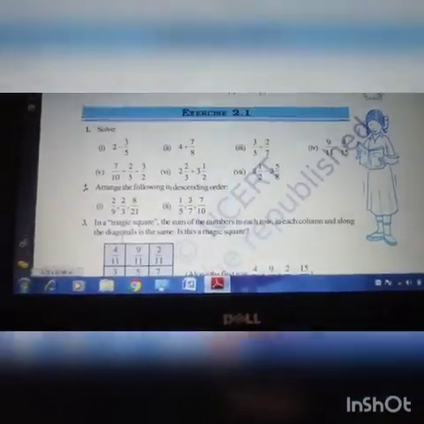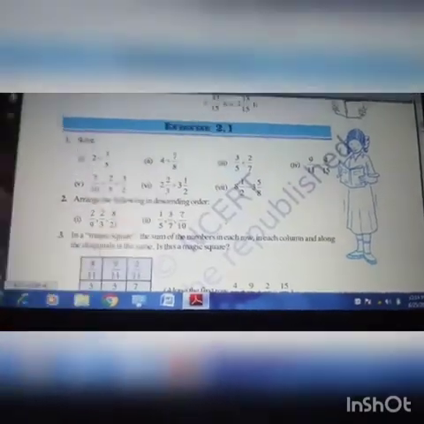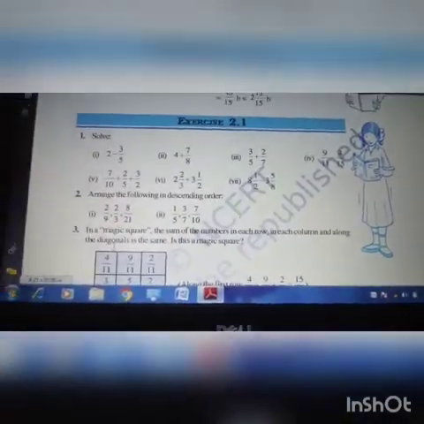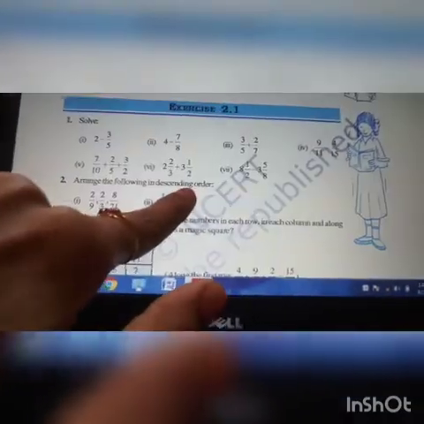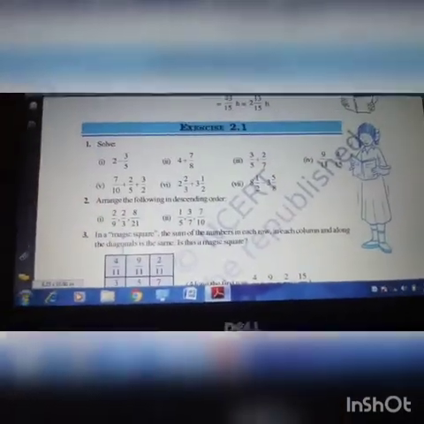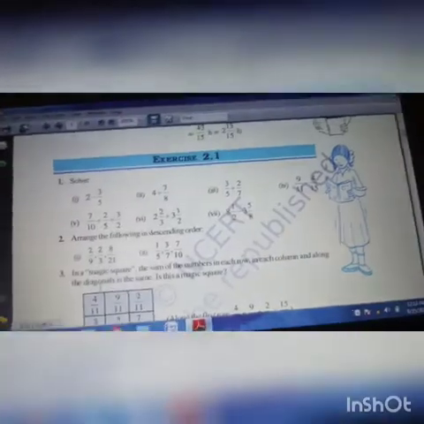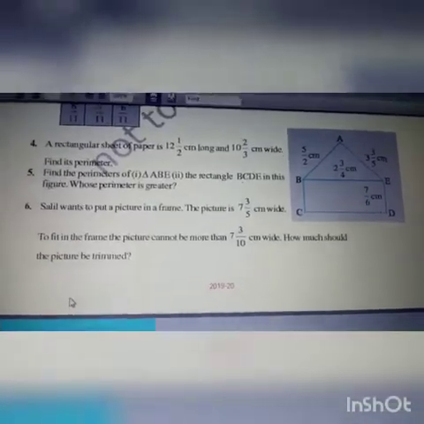Ascending order, descending order and all, what you will do? Here all the denominators are different. So you will make all the denominators same and you can arrange them like descending order they have asked, right? So you will arrange the numerators from greatest to smallest. Then you should not write that. At last you should write this final answer also. Only then the thing is correct. Okay. Then few word problems are given, children.